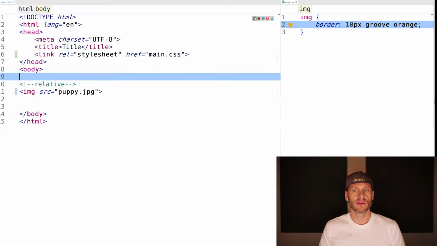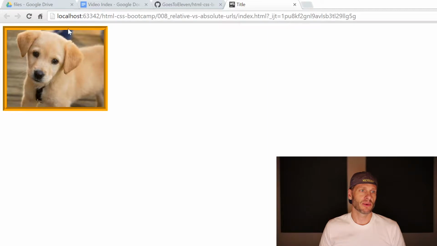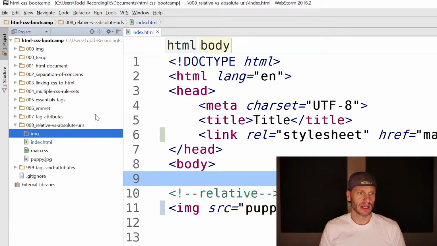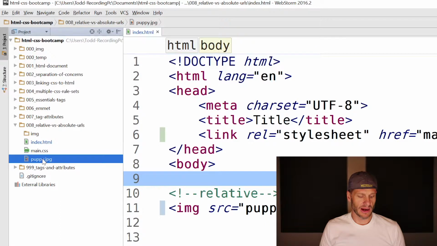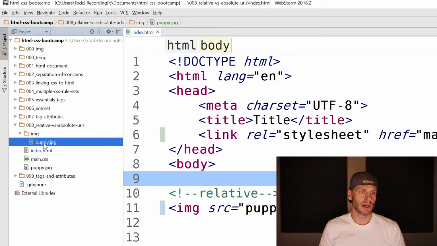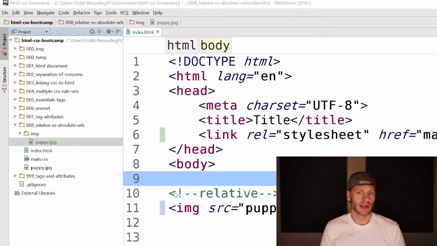Now when I preview this file, I see the dog, and it's got a border around it. Nice. Everything's working as planned. Well, what if I had another folder, and this folder was IMG, and I wanted to put the puppy in there? I'm going to do Control-C and then Control-V and drop the puppy file also in there. So the puppy file is also in here, and instead of puppy, I'm going to refactor that, rename, and call it